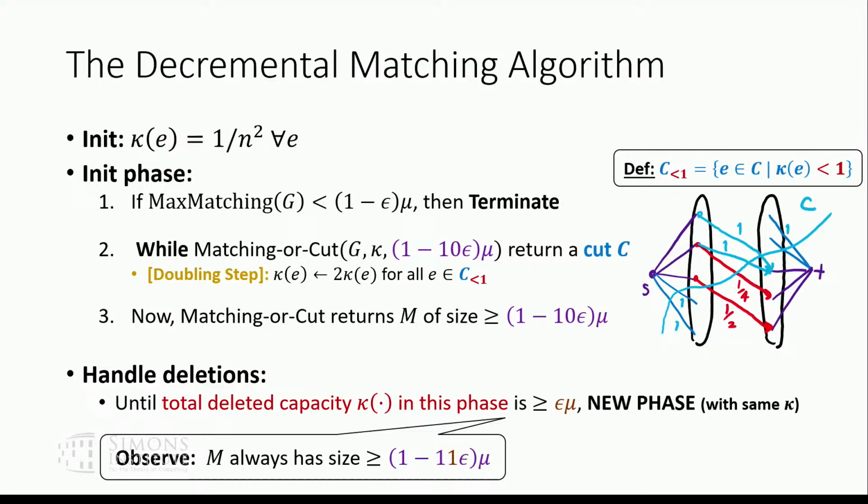If mu becomes smaller, then you literally restart the whole algorithm. You throw everything away, all the capacities, everything, and you just restart. That's what I had on the first slide: once your matching size drops by a lot, that can only happen log n times. So that's just log n different global iterations. We're just focusing on a single one where mu's fixed throughout. Oh, so terminate just means that you update mu and you reinitialize kappa. Is that correct? Yes, terminate means you update mu and start the whole thing from the beginning. Yeah, exactly.